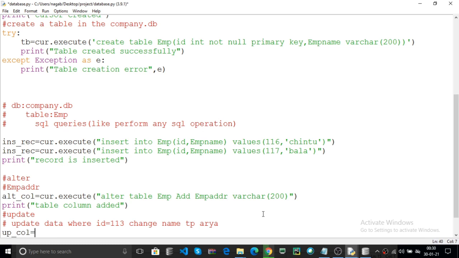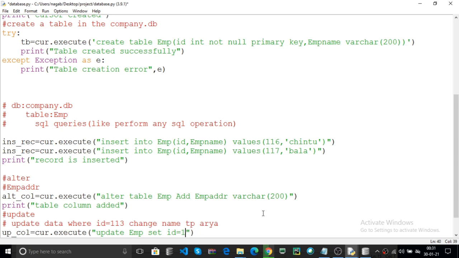You can use any variable, but you can use a cursor object name, execute. Here you can pass update table name, that is EMP, set column name, where ID equal to 113.